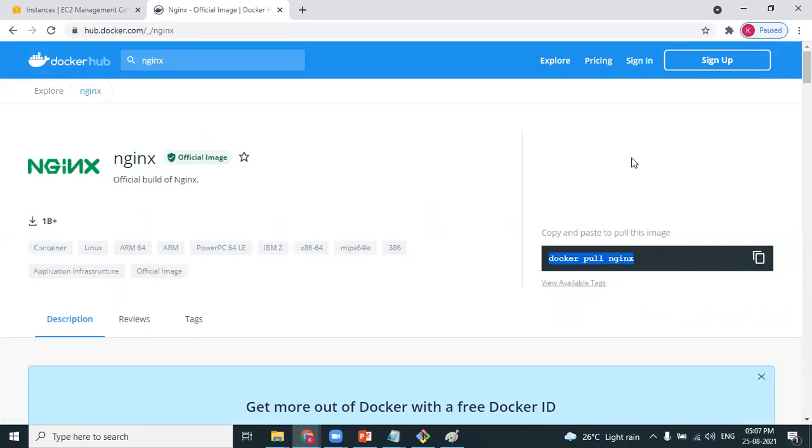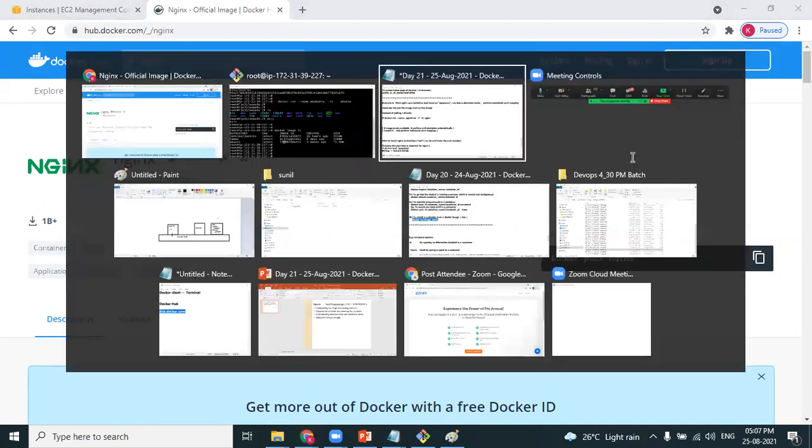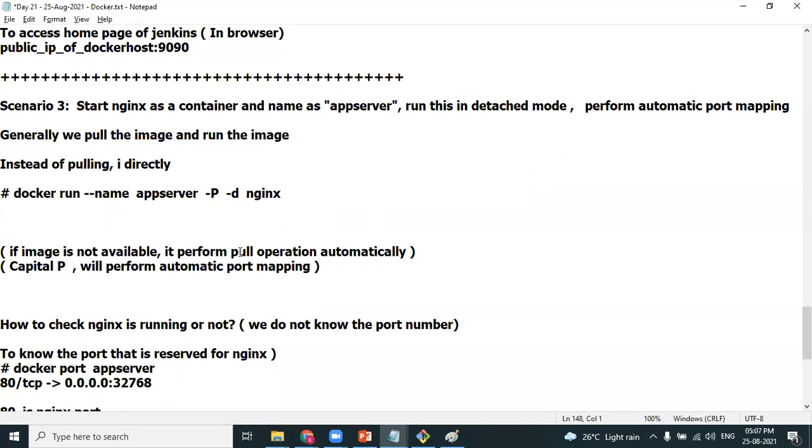Once the image is downloaded, Shika, we run the image. Generally we pull the image and run the image. Now here, instead of pulling, I'm directly writing the Docker run command. Since you know the image name, Nginx, you can directly write a Docker run command.